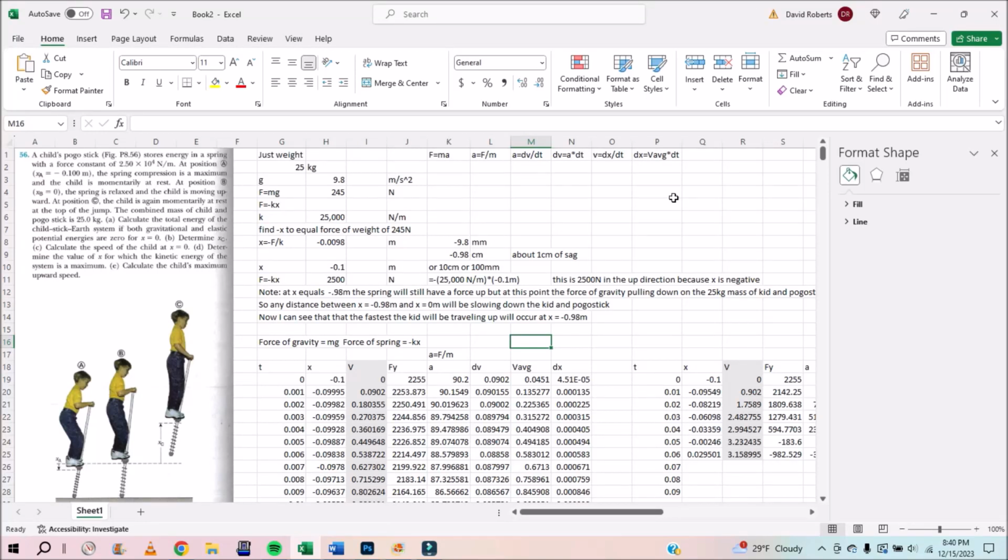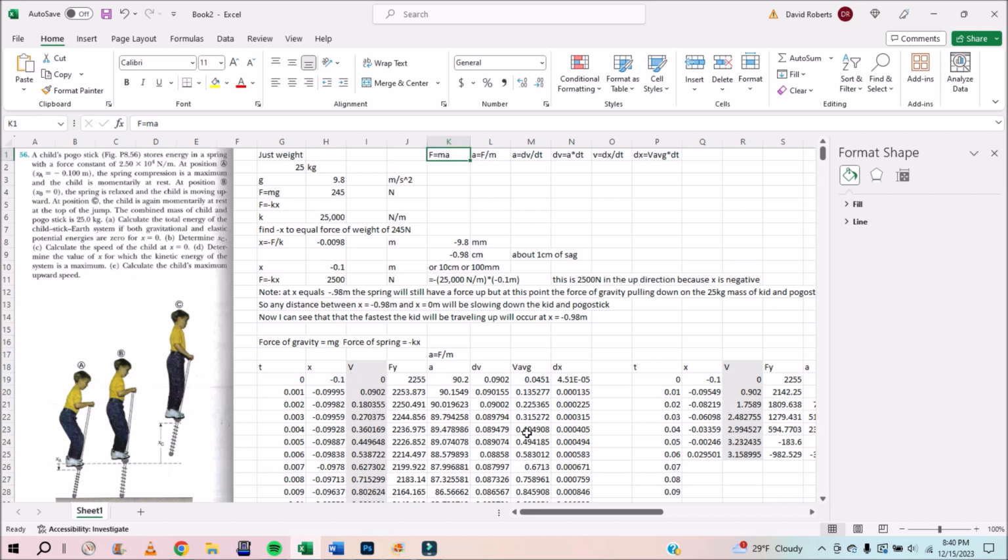All right, we're going to try to burn this one down in 5 minutes. So we have a child's pogo stick, you know what I mean? And this is an energy problem. Like right here, there's no energy in the spring. Right here, you're compressing the spring. Okay, so what we're going to do is instead of energy, we're going to solve it as an F equals